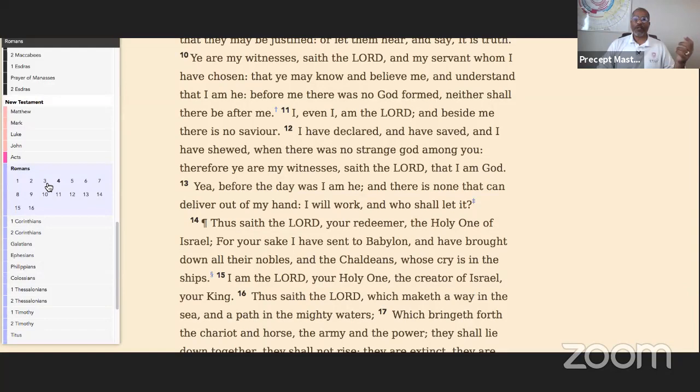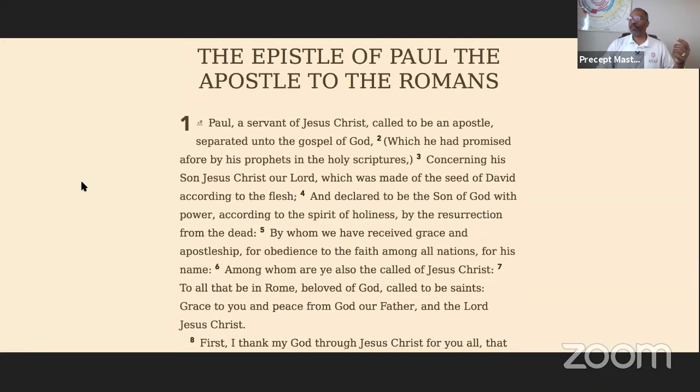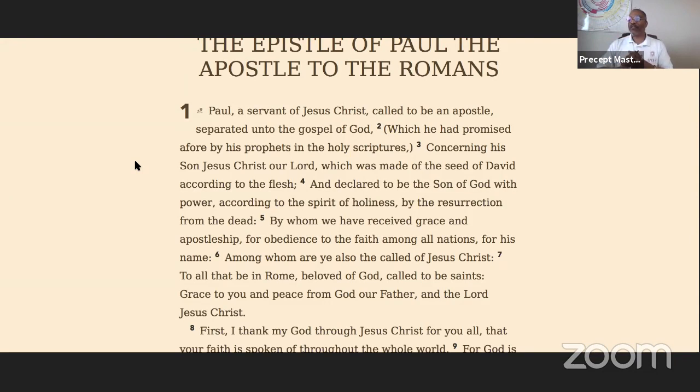So when we go back to Paul, we see all what Paul talked about, which the promise was afforded by the prophets in the Holy Scripture. We just seen that with those prophets. And we seen this in Psalms, we seen it in Isaiah. And it has other places in there, but we don't want to fill it up to where it's just convoluted. But then we said, in promise to be the Son of God with power according to the Spirit of holiness from the resurrection of the dead. So these are things that happen, and you can see these things all through Scripture.